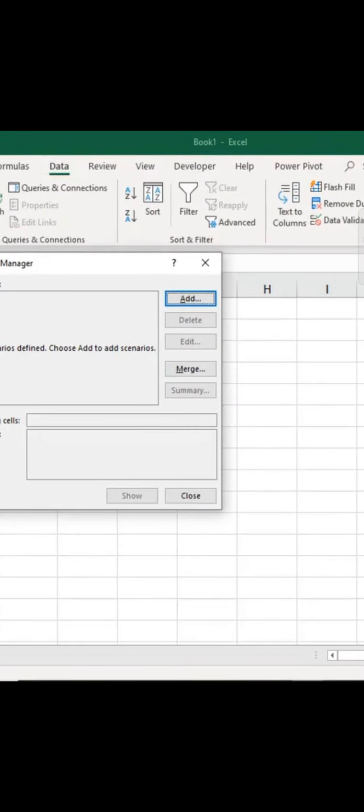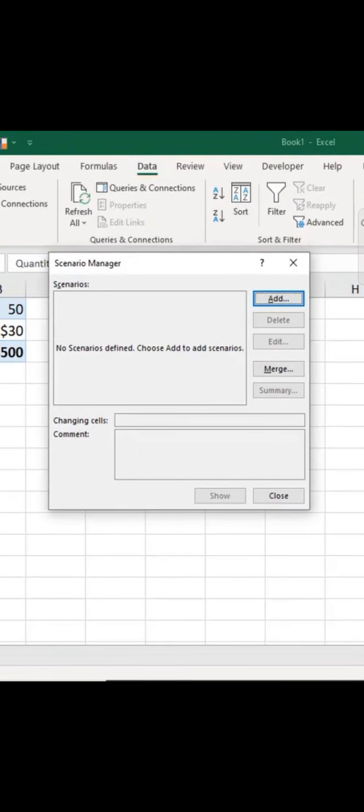In this worksheet, I have the Scenario Manager dialog box. I have to click on the Add button, and after clicking on Add, I will give the values for the scenario. I will give the name of the scenario, and after that I will give the changing cells. The range of cells I want to give is B1 to B2, and after that I will put some comment for the scenario 50, and I have to click on the OK button. After that I will be able to see the result of the scenario.